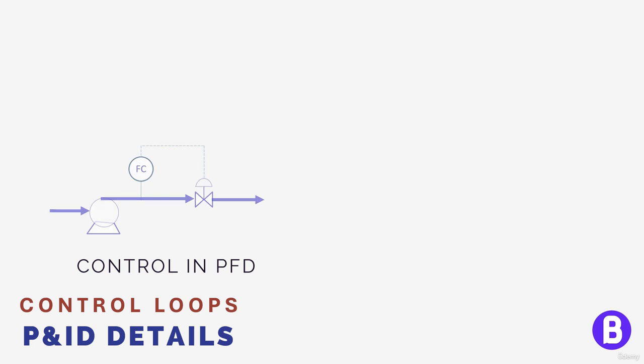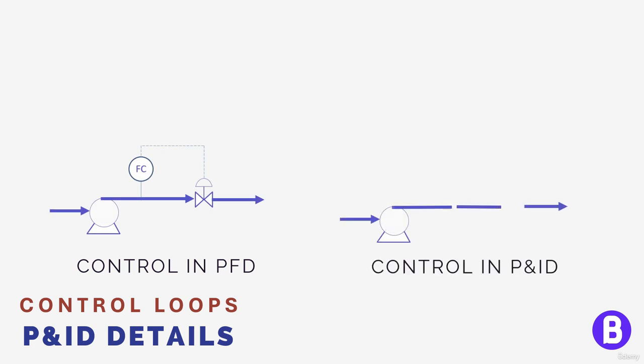So after talking about instrument main details, let's move to the next components, which represent the processing of a signal received from the instrument. Let's start with control. As the PFD shows the basic control loop, the P&ID shows more details. So if this is a control loop of a pump discharge in the PFD, in the P&ID, we would need